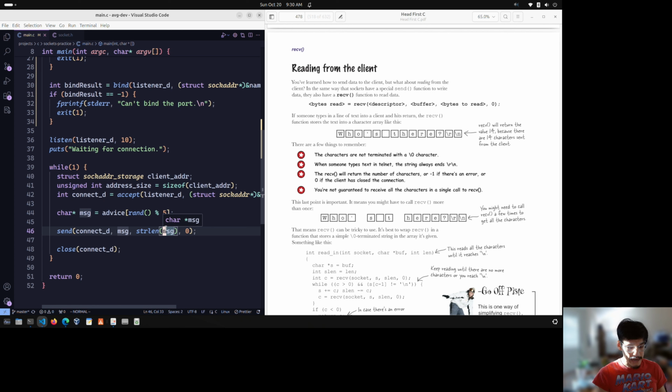Now, if we care about what the client is sending, the data that the client is sending to the server,